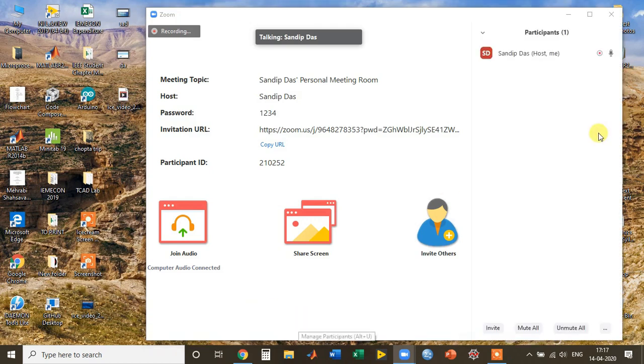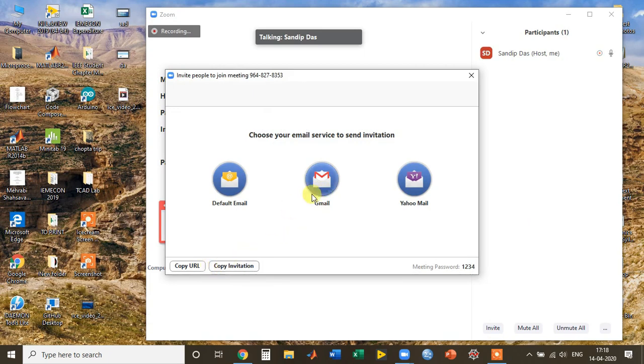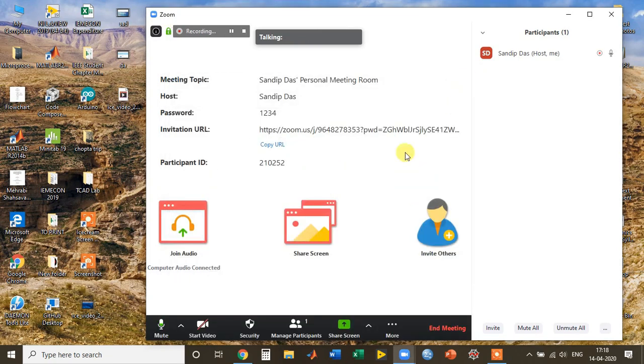This tab will show the number of participants who have joined. Since I am the only participant here and I have not shared with the student, it is showing only my name. From here you can also invite everyone, so you can invite anyone you want. You can invite through Gmail. You simply copy the invitation from here and then mail it to the participants whom you want to invite. Okay, so these are the things that we do.